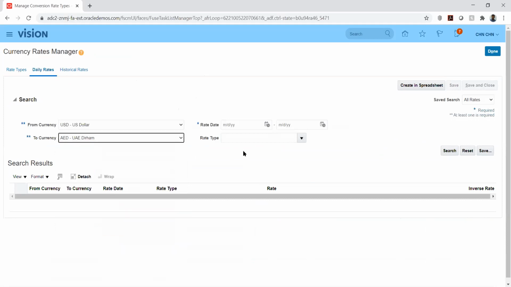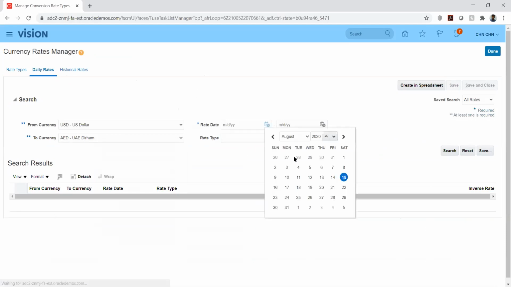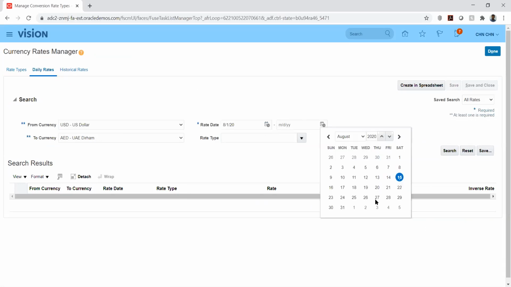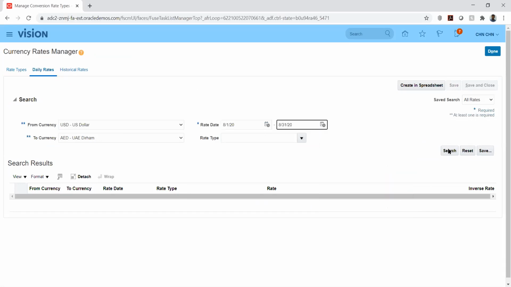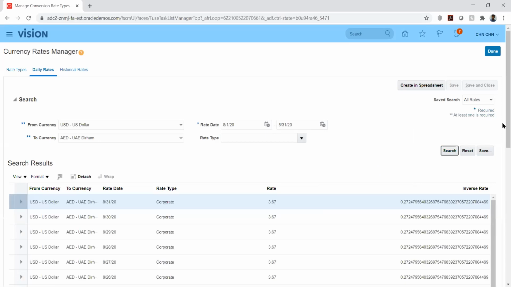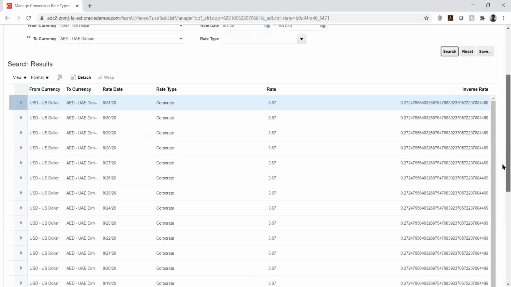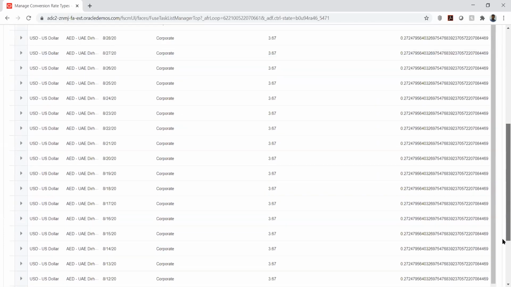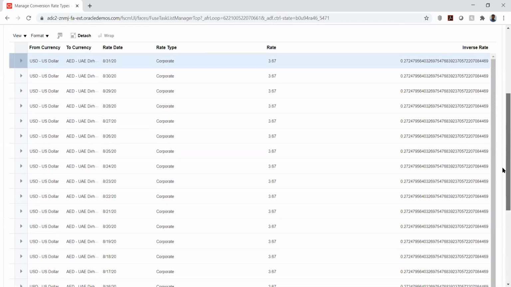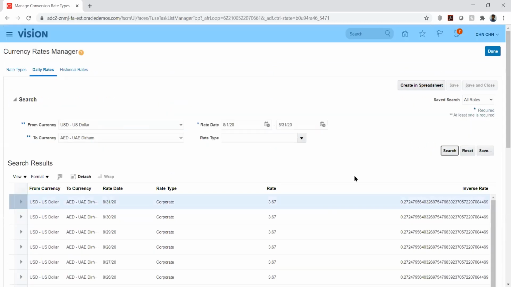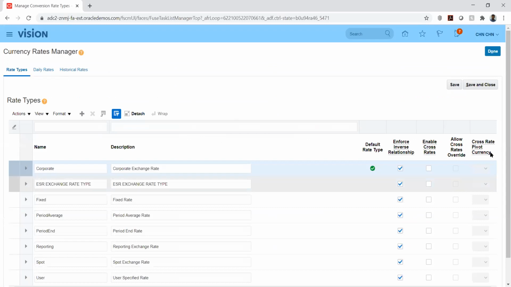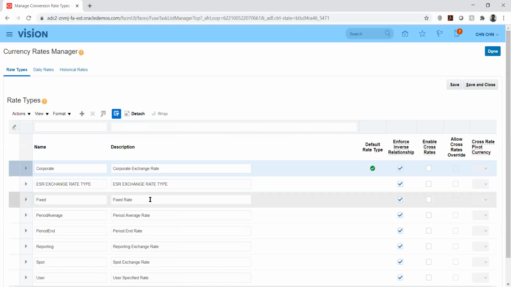Okay, maybe I'll check the dates if this is not configured. And keep the rate type. That is configured. It is almost configured, I guess only Corporate is configured. You can take some other rate type. Okay, I'll take User maybe.